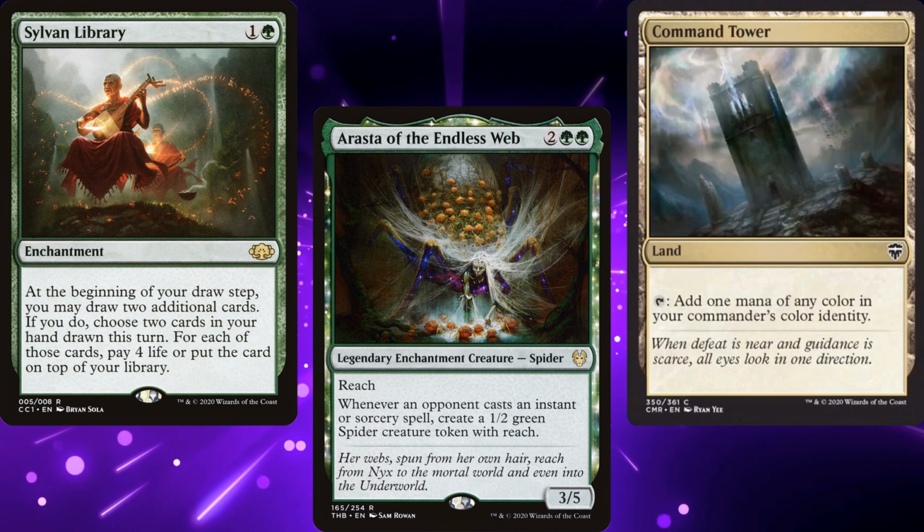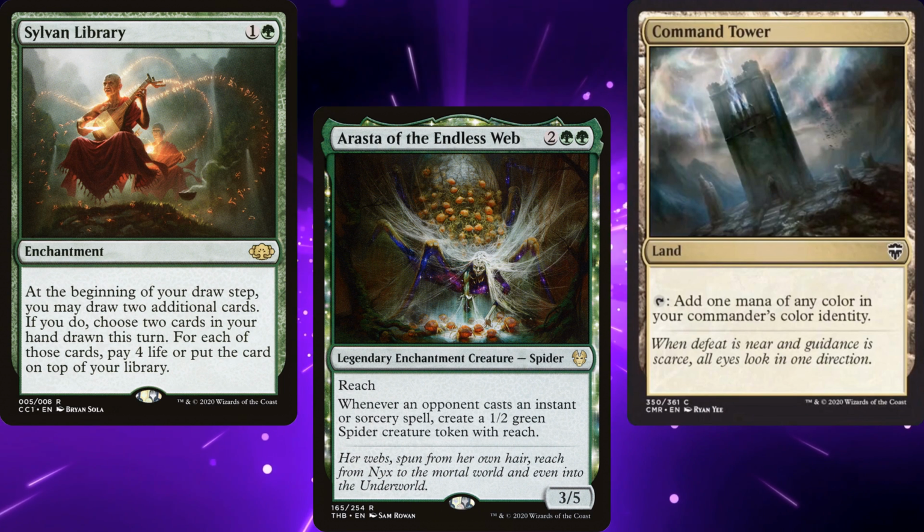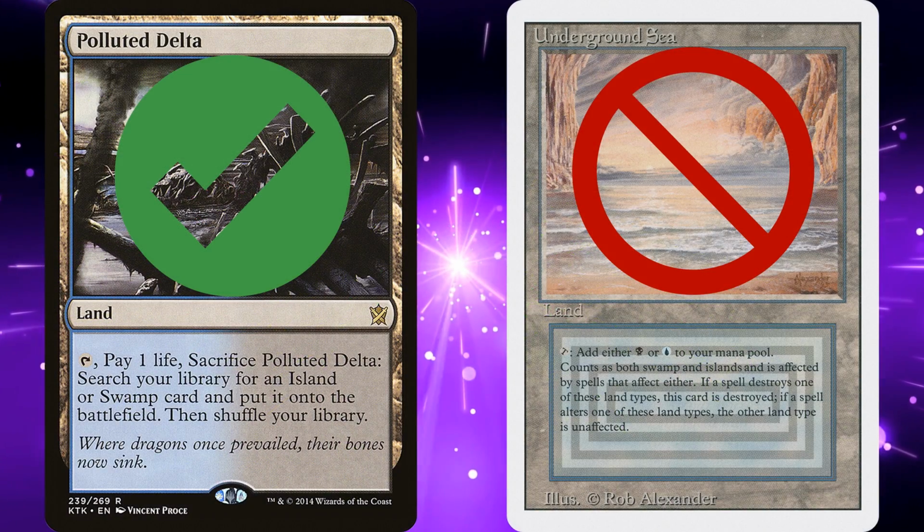As I stated earlier, this isn't a budget build, but I wanted to keep the cost a little under control, so I put a limit of $50 per card. So fetches are okay, but duels are not. To start, our card draw consists of